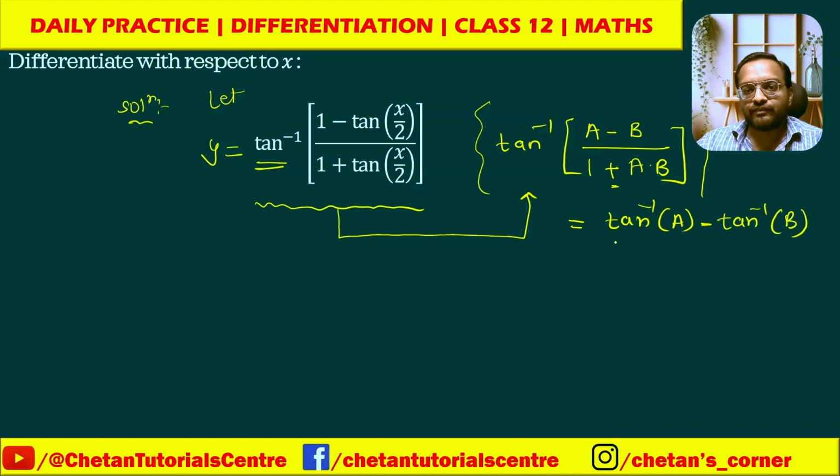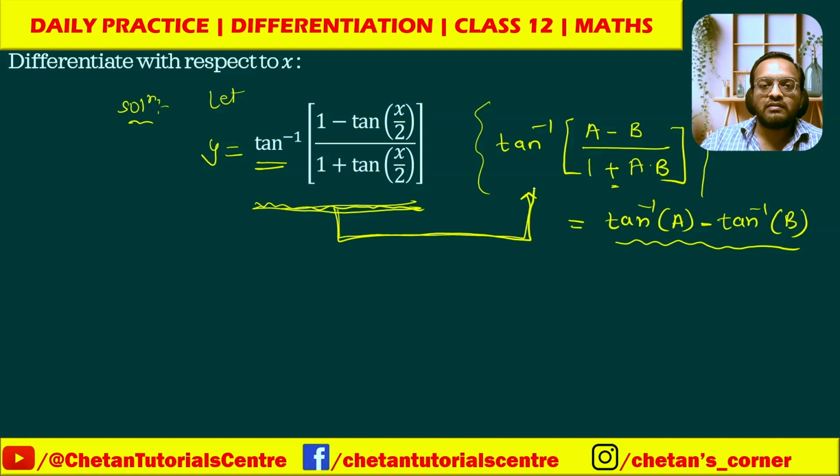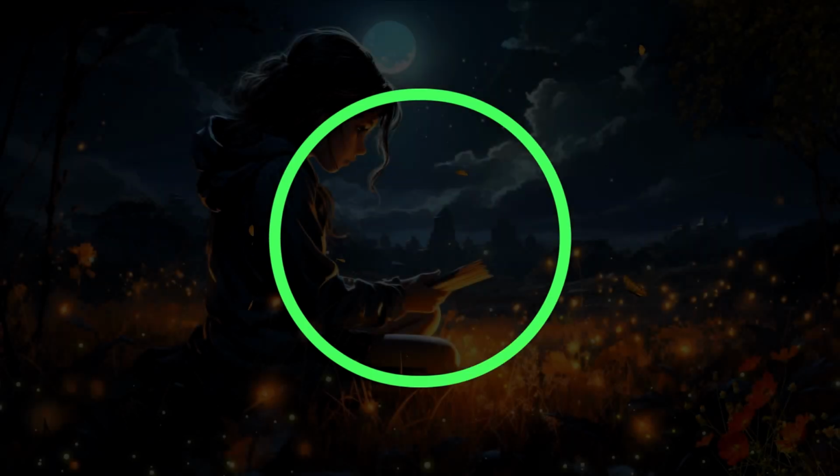So in this way, this entire term gets reduced to tan inverse of a minus tan inverse of b. Now how to convert this entire function in this form? For that we have to make